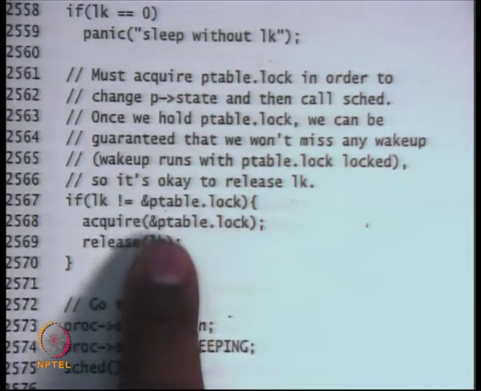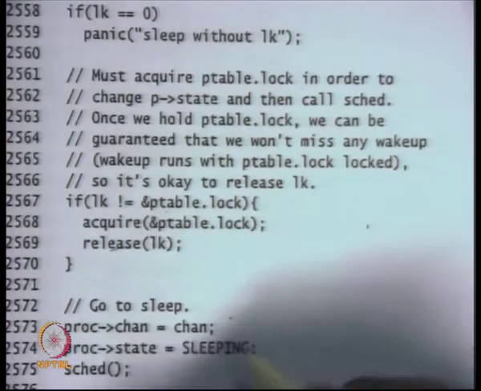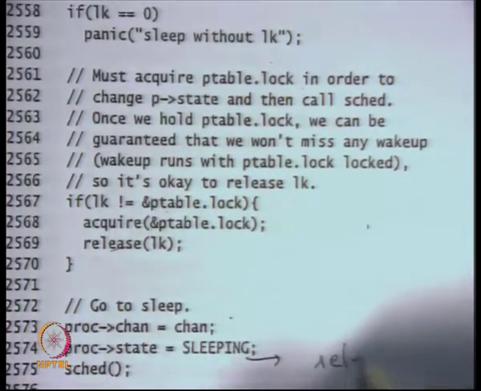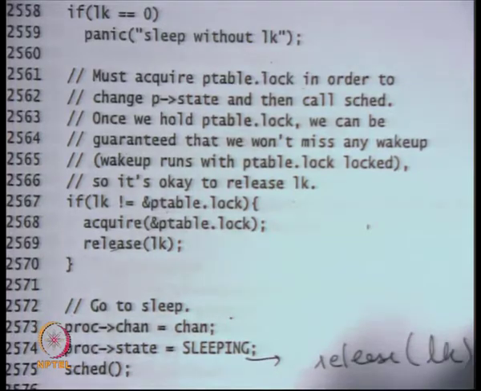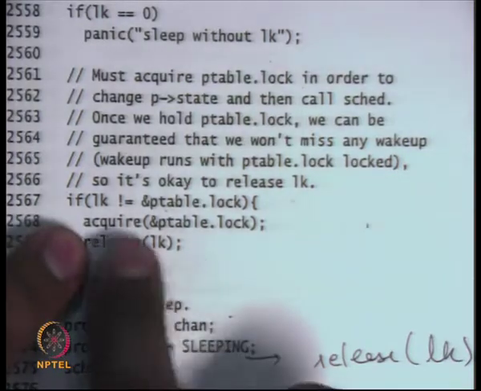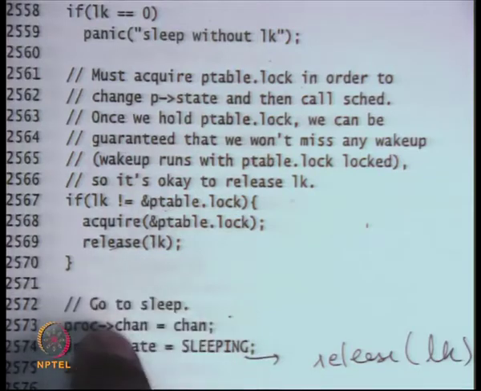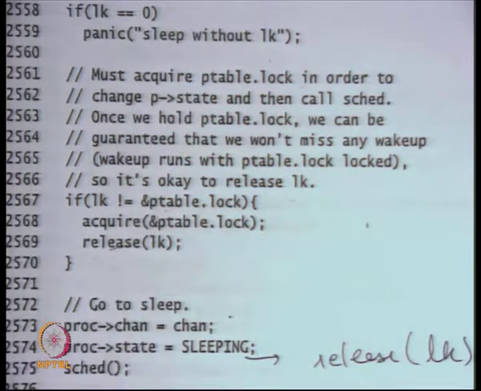Does it matter if I release the lock here as opposed to releasing the lock here? So I was releasing the lock here. He is releasing the lock here. Doesn't matter? Doesn't matter because you already held p table lock. So now you have created mutual exclusion between the data.